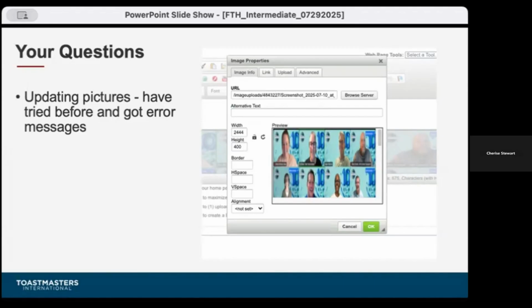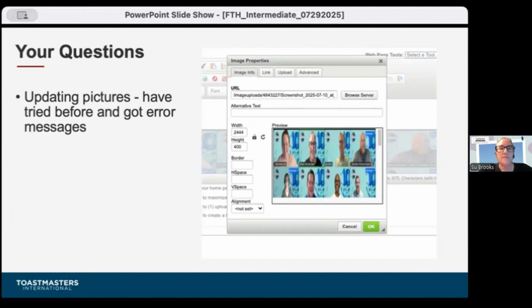And maybe I had the lock on and couldn't upload, but I have not been successful in uploading our own pictures. Perhaps it's the format. One of the things that you might want to try is make sure they're JPG files or PNG files.